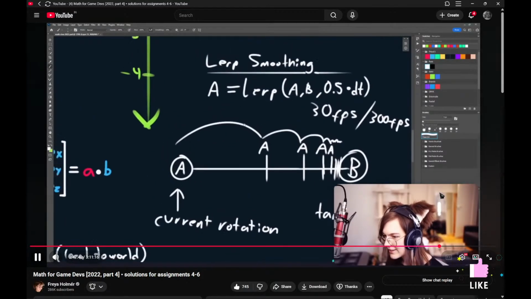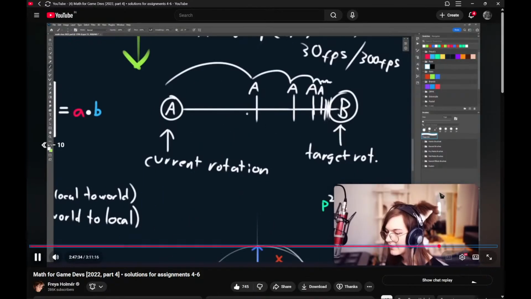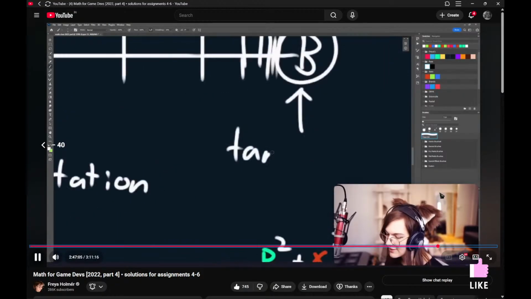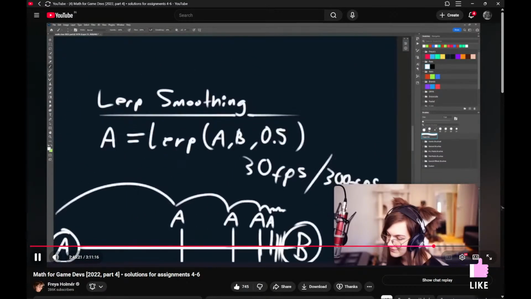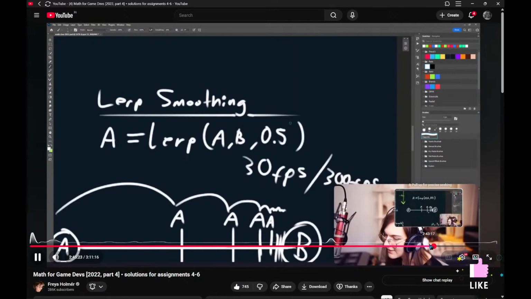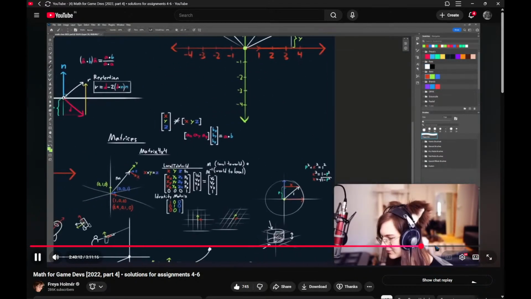Usually that has a different name. Usually that's called slurp, which is a very funny name. Slurp. The target rotation. And B, you can approximate it by halfway. And so you can see, probably won't have time for it today in general, but then it's going to